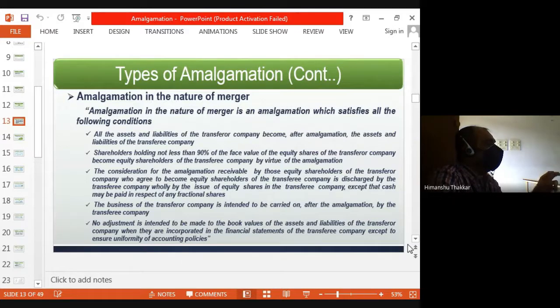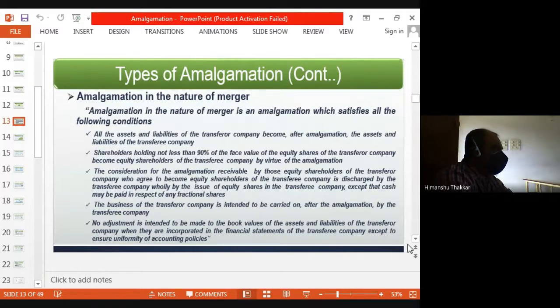So try to get the point of how to prepare a new balance sheet here itself. They will give you A Limited and B Limited balance sheet, assets and liabilities. So when you are preparing new balance sheet, you have to just add both the amounts. A's assets plus B's assets total will be the new balance sheet's asset value. In the example, in the adjustment, they will give you that new value of bench is 1800. That point you will ignore when you are preparing balance sheet as per merger, but you will consider it when you prepare balance sheet as per purchase method.